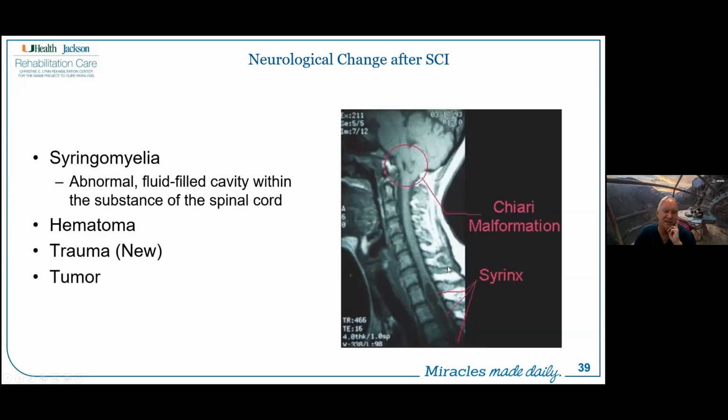So a syrinx is no small issue, and it's one of the reasons why we are particularly careful to document every time we see our spinal cord injury patients on an annual evaluation. We are looking again at their sensory level and their motor function level, because if those change, particularly if they lose function, we worry that it could be a syrinx that could subsequently go on and lead to profound motor changes and profound lack of breathing, et cetera.